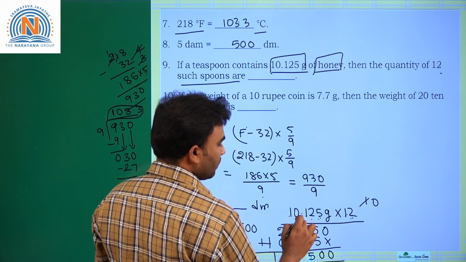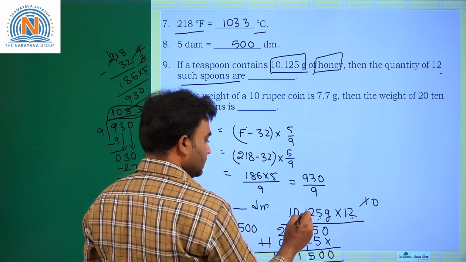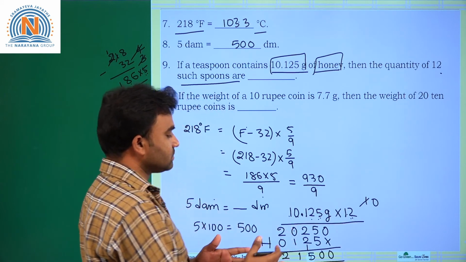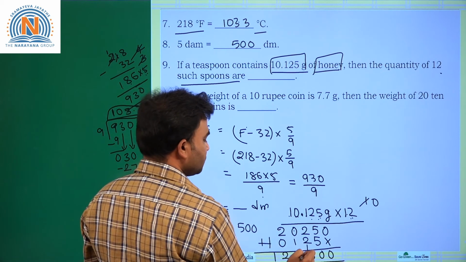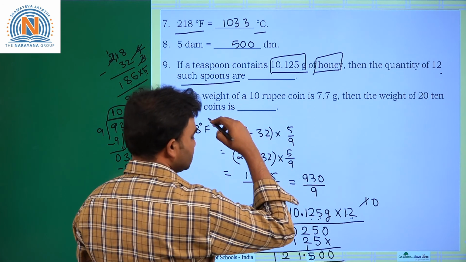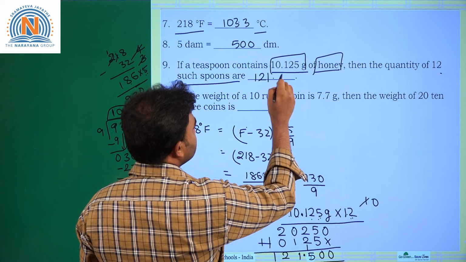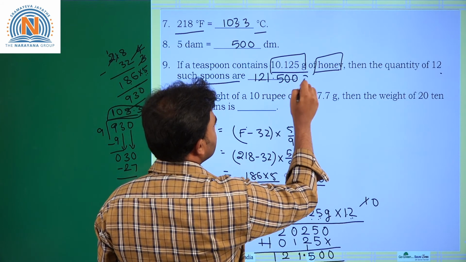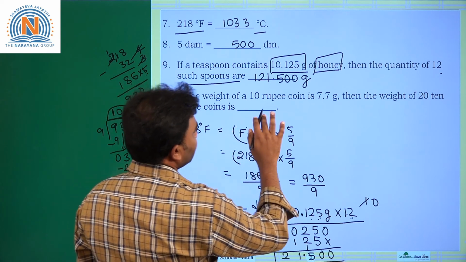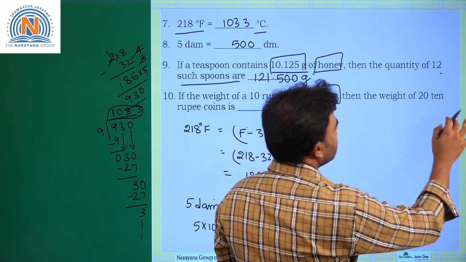Here see, after how many digits do we have the decimal point? After 3 digits from the right side. So here also after 3 digits from the right side, put the decimal point 1 2 3. So here it will come. So the answer is 121.500 grams. Next one, if the weight of a 10 rupee coin is 7.7 grams, then the weight of 20